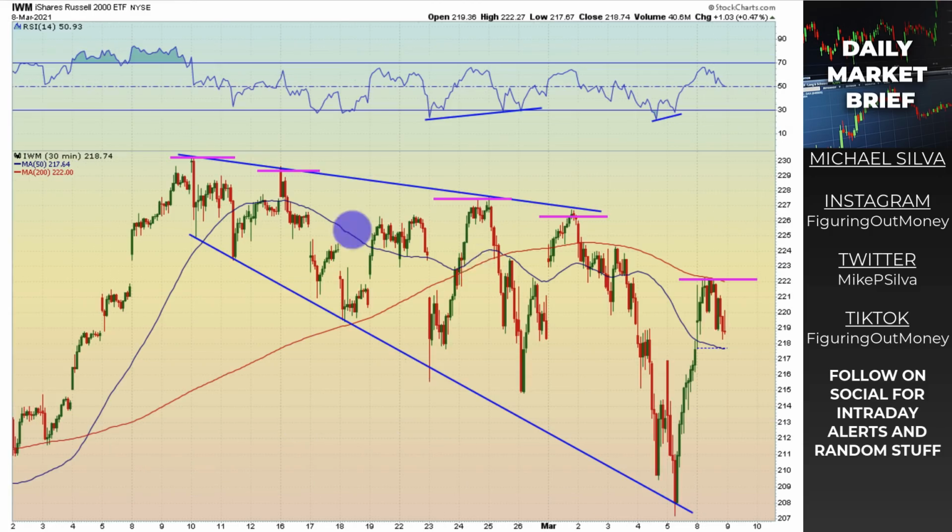And then on the 30-minute time frame, I want to just call out, once again, lower highs being placed in until we start seeing changes here, where we start seeing higher lows and higher highs. The trend still remains to the downside.